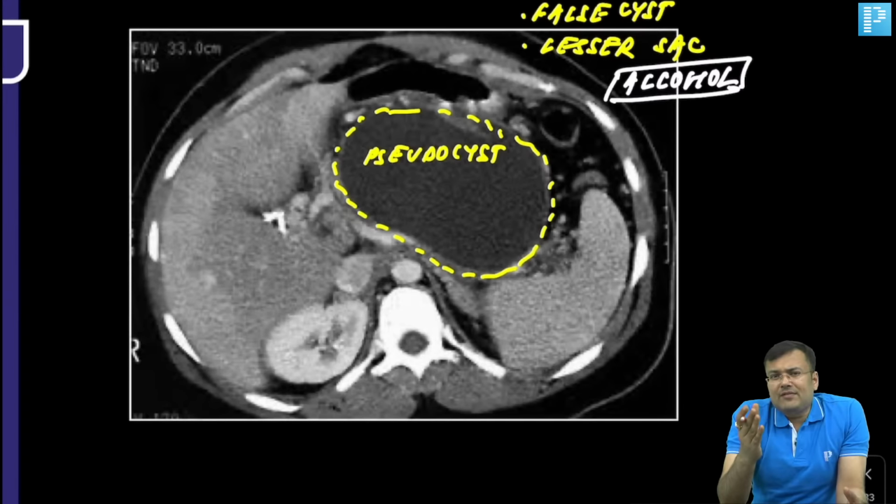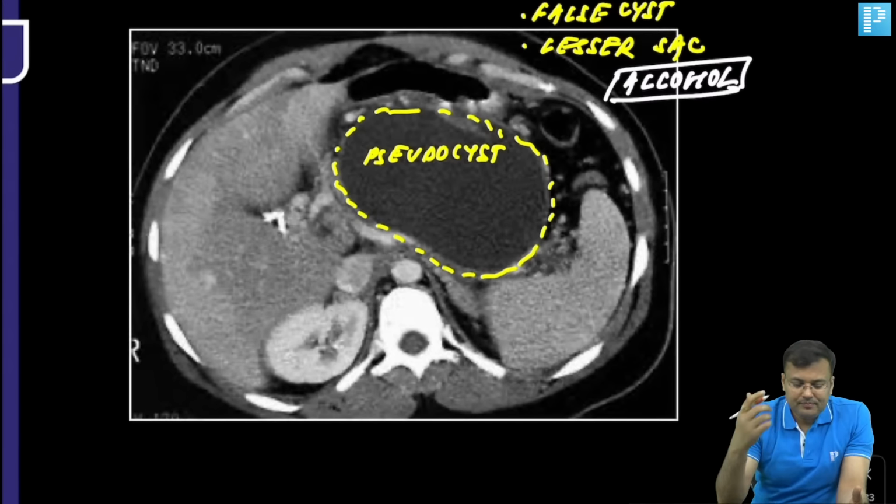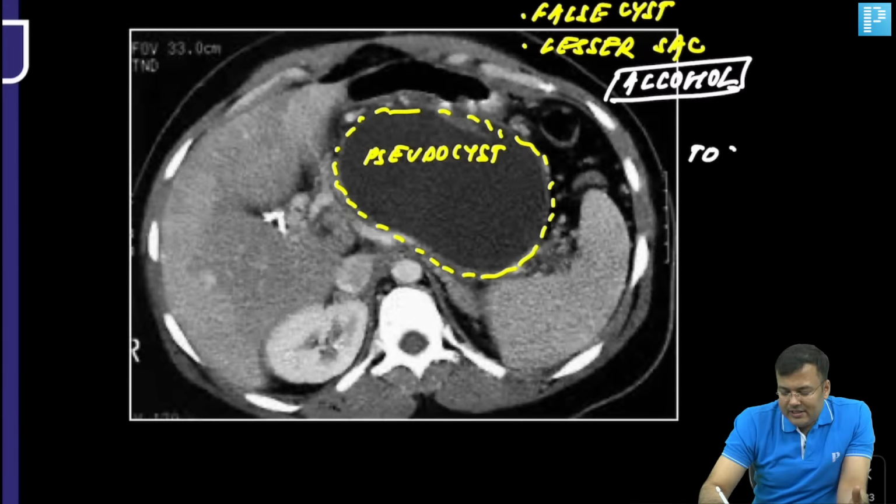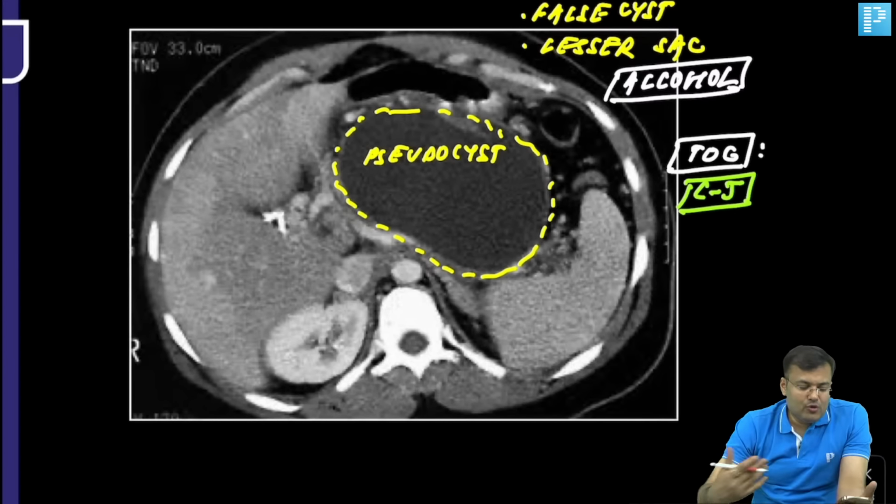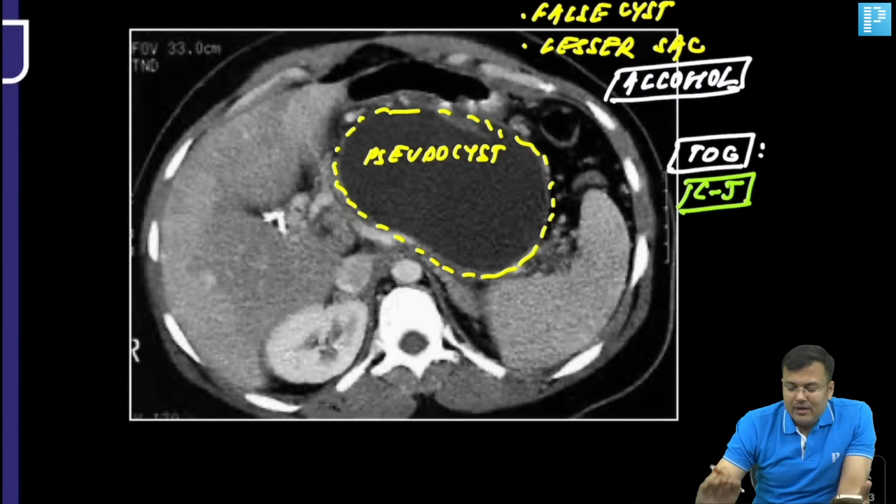Whenever it is going to persist for more than 6 weeks or the size of the cyst is more than or equal to 6 centimeter, in that case we go for treatment. Cystogastrostomy, cystoduodenostomy, cystojejunostomy. Which one is the treatment of choice? If you have to choose one, which one is having better results? It is cystojejunostomy. Which one is most popular? Cystogastrostomy. So, most popular cystogastrostomy, best results cystojejunostomy. Okay. Next,